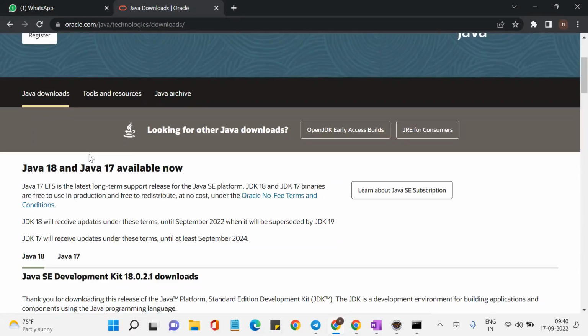So organizations will not take any risk. That's the reason they will migrate all the Java 8 applications to Java 11. So that is the reason we are learning these concepts also. It is very much required, because when the organization is shifting, if you look at 2 years back, everyone is shifting to